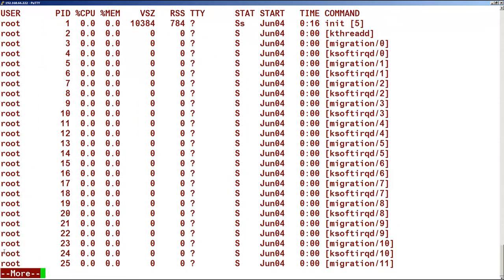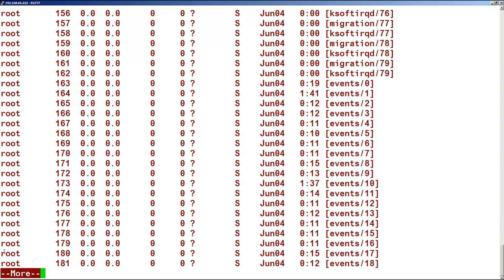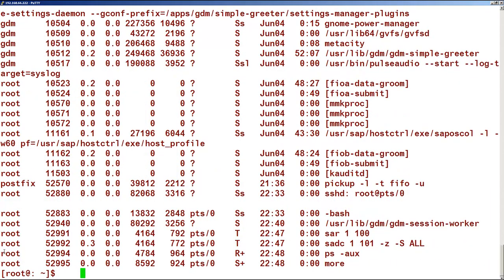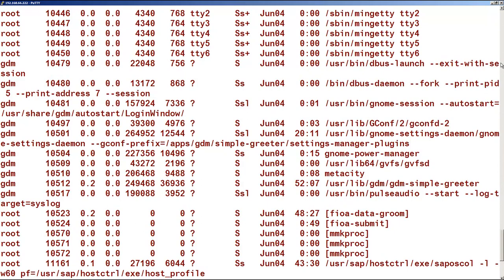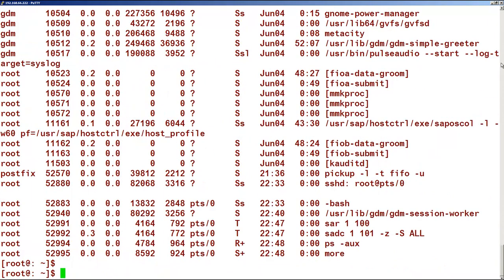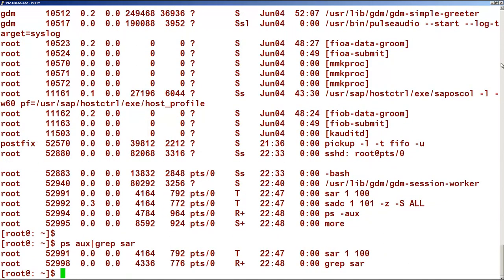just type it more, just keep going. And you will find the SAR command which you had given. Because it's a big list, what we can do is use a pipe and a command called grep. We want to grep the SAR command that we gave,